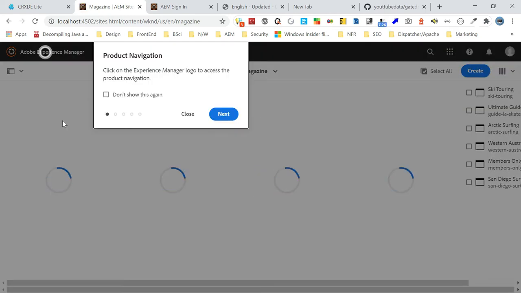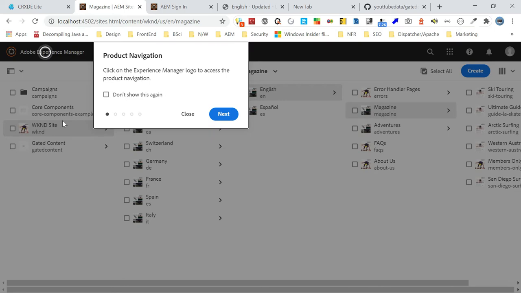Now the user should register by providing minimal details like email, first name or last name, and log in to access the CUG enabled content. Whenever a user accesses this page, they should already be registered. Obviously we are not showing that in this video, but the user should be registered and should log in to access the page.